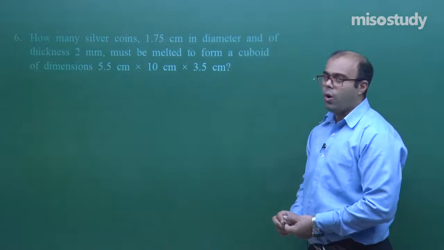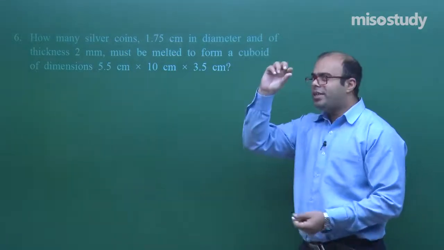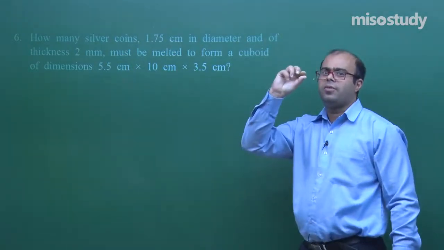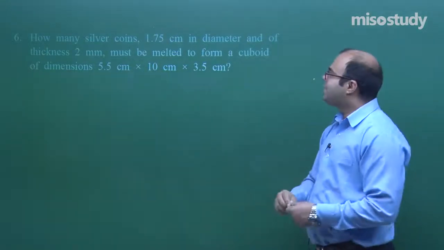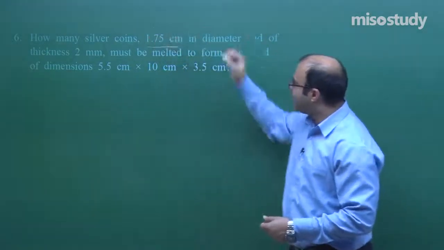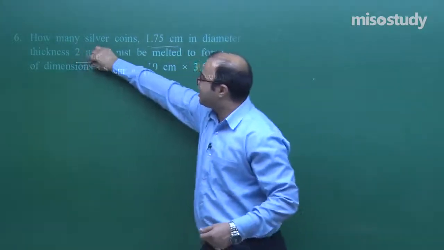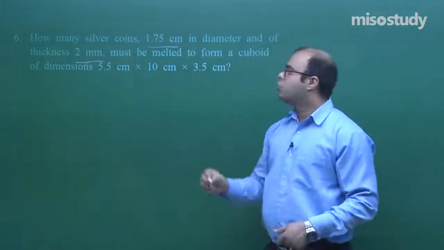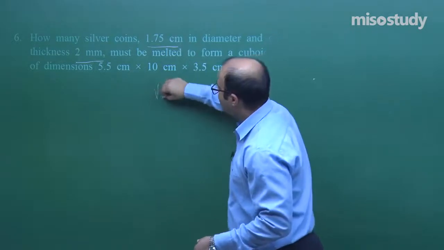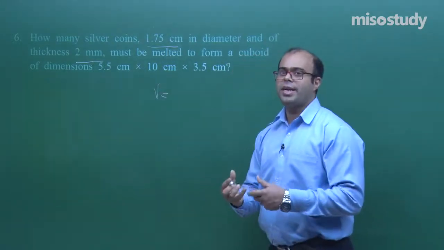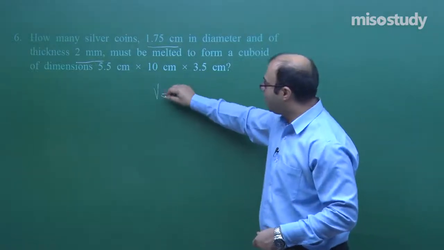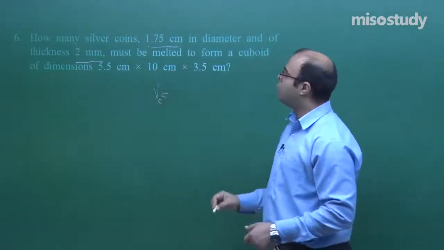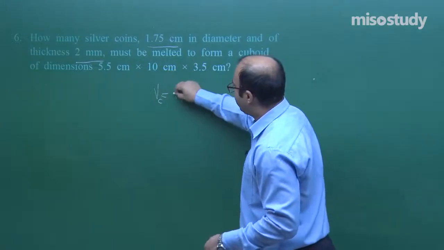So here student, the coin is a type of cylinder, though it is very small in height, very less height, which is called its thickness, but it is a cylinder. That cylinder is having this as the diameter and this as its thickness, or we can say height. So the volume of one cylinder is actually the volume of the material used in casting it. So the volume of one particular coin Vc is equal to pi r square h, that is the formula for